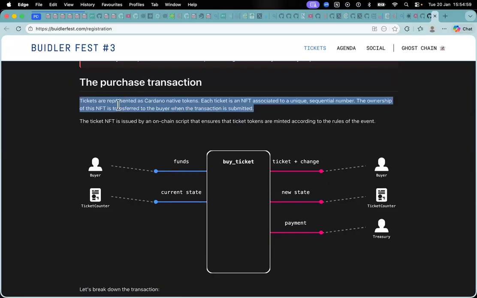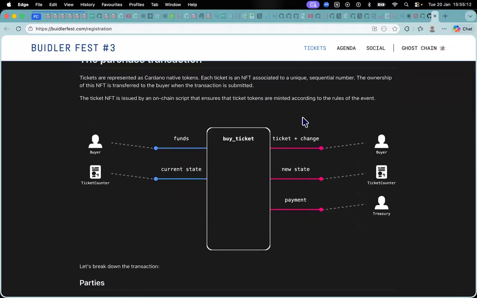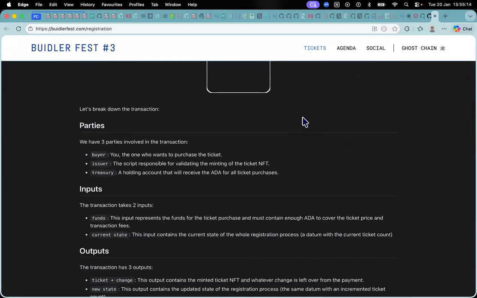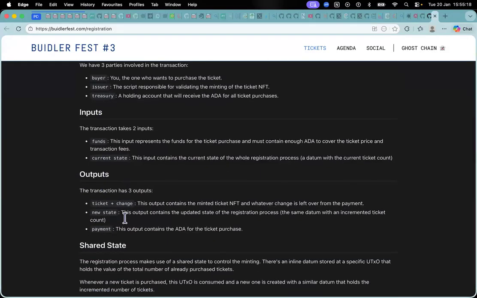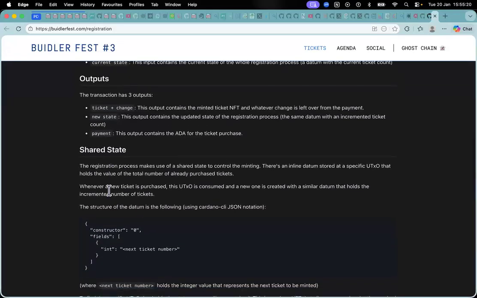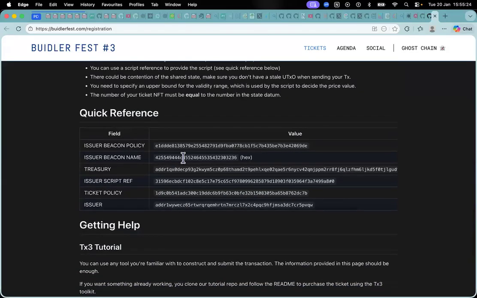The ticket NFT is issued by an on-chain script that ensures that ticket tokens are minted according to the rules of the event. So, let's break down the transaction. We have the party, we have the inputs, and we have the outputs, and we also have shared states. We also have constraints.